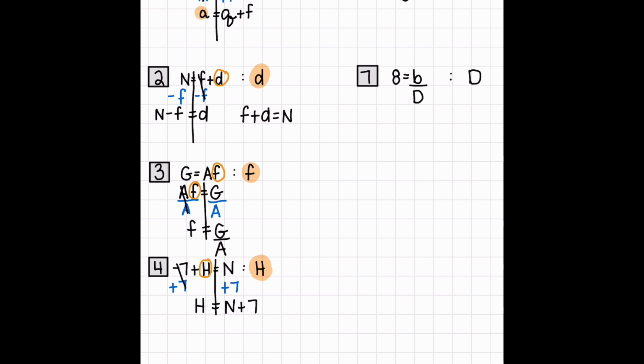So again, the whole point is they're going to tell you which variable to solve for. So that's the variable you want to get by itself. And then you're going to move anything away from it. You're going to isolate it. Okay, it's kind of like